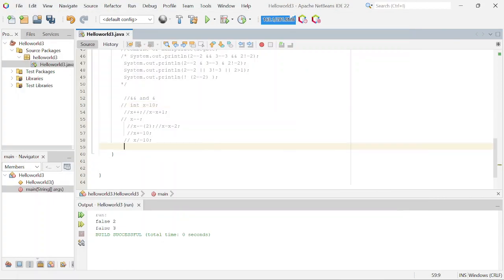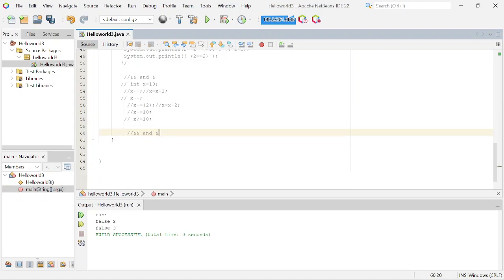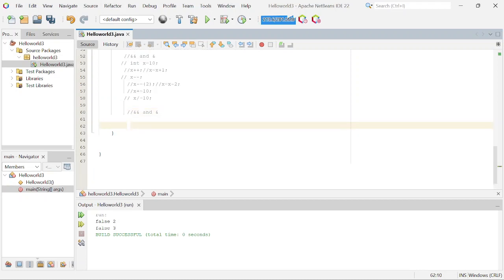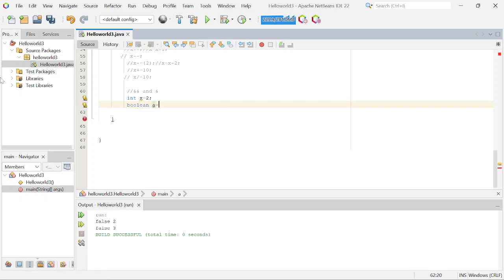So let's see what's the difference between this double AND and a single AND. Okay, let's say I initialize a variable x equals 2, and now I initialize another variable, boolean a, is equals to, let's say, 2 is not equals to 2, and